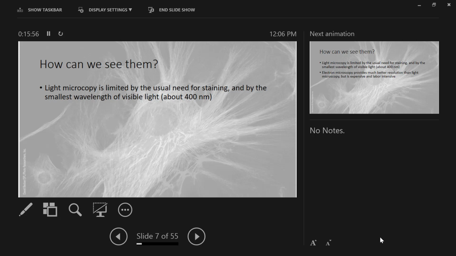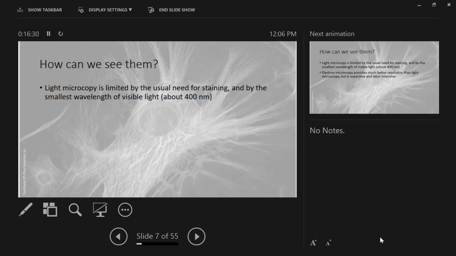On top of that, light microscopy is limited by the fact that you have to stain something. So it's very difficult to use light microscopy on something that's still alive. I mean, we do it, but it's hard to see it, and it kind of sails through really quickly. And unless it's photosynthetic and it's green because of all this green pigment it has in it, it's basically see-through, right? And so you see something see-through move through the field super quick, and you're like, cool, I saw something. Don't know what it was, but I saw something, and it looked alive.